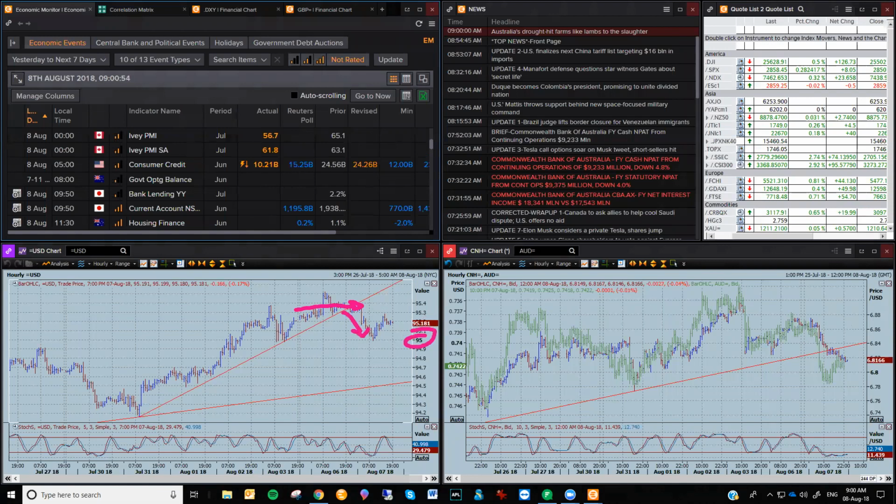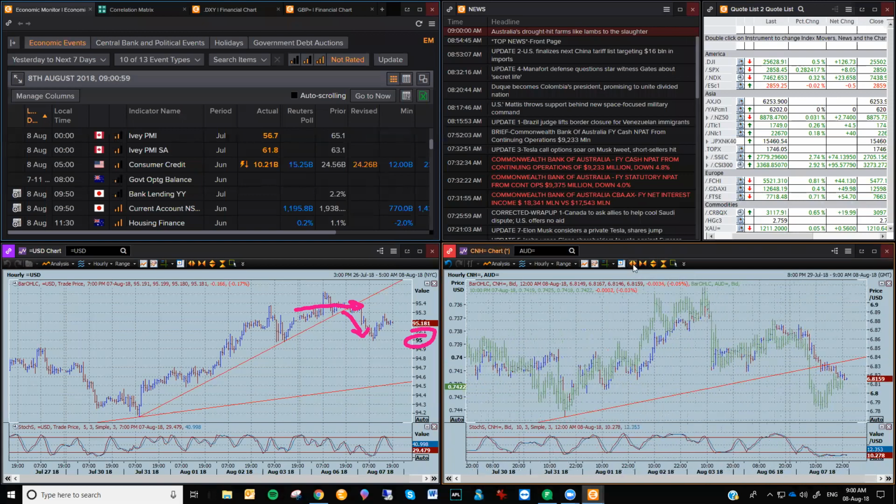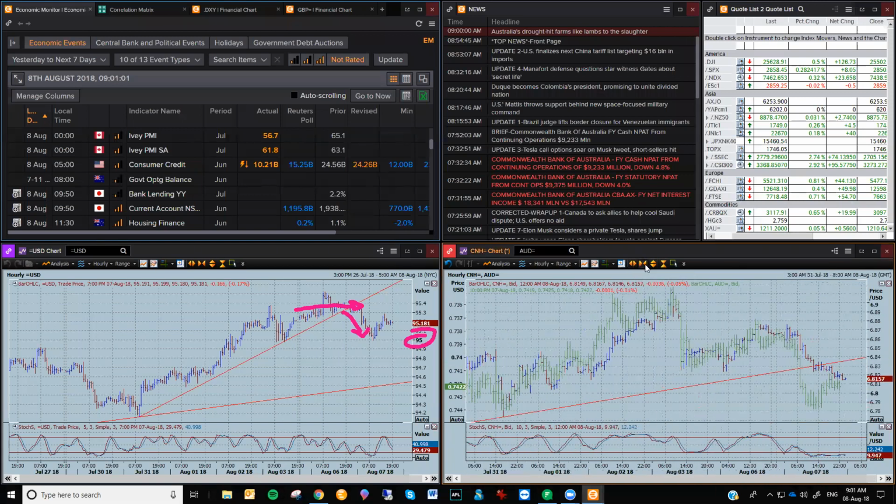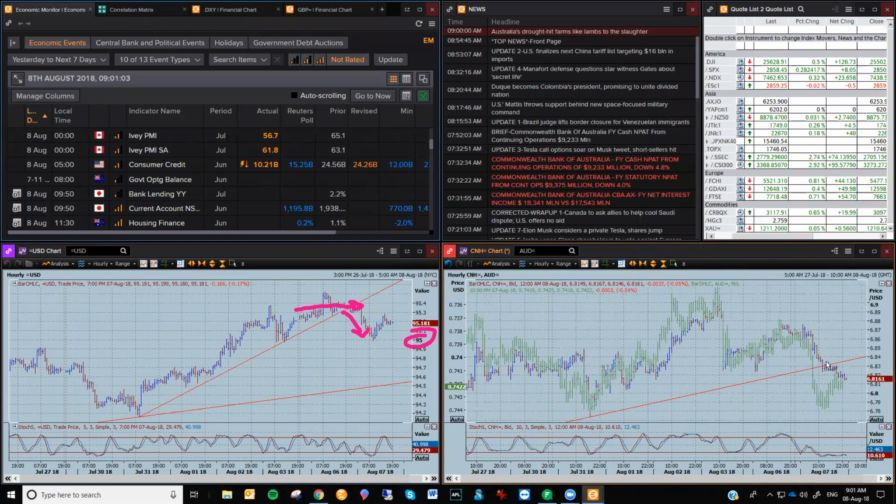Now, the main catalyst for all of this is the offshore dollar yuan, or the Chinese yuan itself. I've just overlaid the Aussie dollar here on top of this. You can see what's going on, but the offshore yuan did take a bit of a nosedive from up around 687 yesterday, down sort of 600 points, down to 681 today. So it's broken lower. So the Chinese yuan has strengthened, right? If it strengthens, then the Aussie strengthens with it, Euro, Kiwi, and that's pretty much what's happening at the moment.